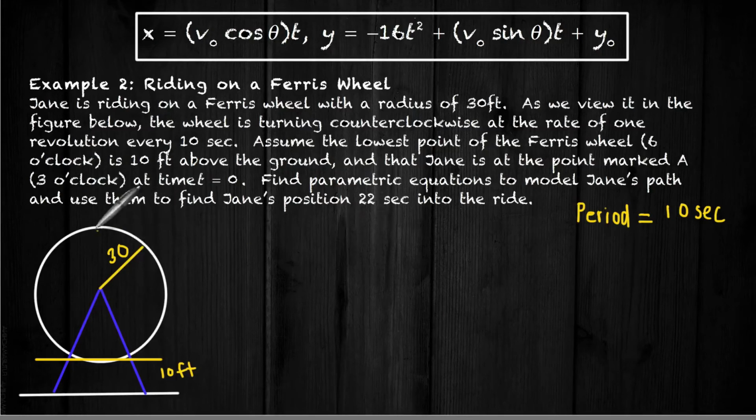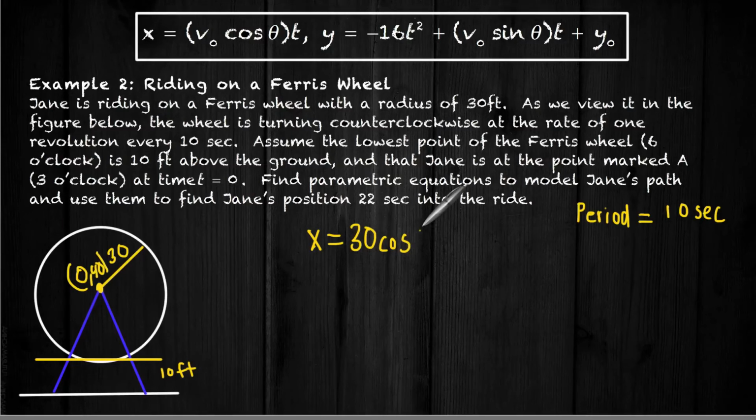Ferris wheel. So first of all, we recognize that this Ferris wheel is a circle. And we learned in the last video how to write a set of parametric equations for a circle. So the x is going to be the x coordinate of the center. So let's talk about what the center would be. Well, if the radius is 30 and there's another additional 10 feet off of the ground, then that means that the center is going to be (0, 40). All right, so the x coordinate of the center is 0 plus the radius, which is 30, cosine